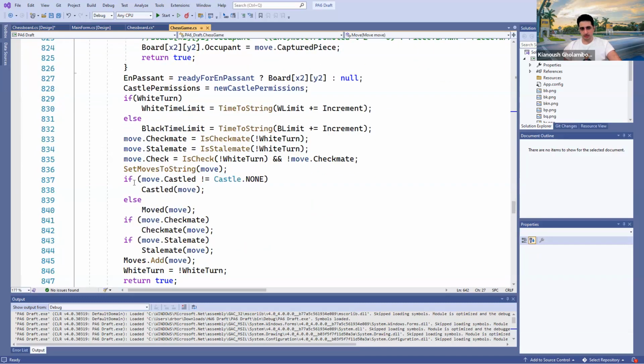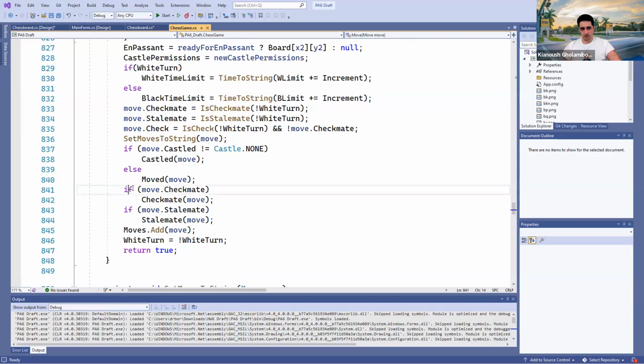Okay, here it is. It says if it's a checkmate, trigger the checkmate event. If it's a stalemate, trigger the stalemate event. Generally speaking, you have to trigger either the castle or moved events. All the moves except the castling would be different. The reason is I want you to give a different sound to the castle than move or capture. Again, as I said, both move and capture will be